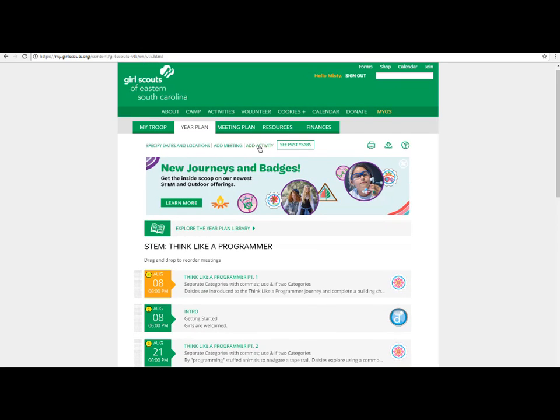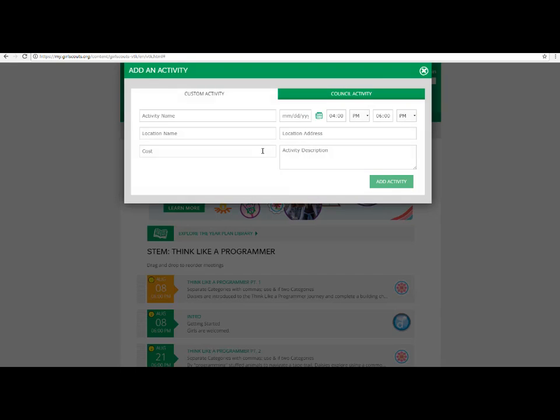You can also add activities. And right now, our council does not have activities on the system, but you can use custom plans. So if you're looking at doing a field trip and you're going to go to an event or to a special place, you can type in the event name or activity name, where it's going to be held, if there's a cost, what the location is, day, time, and it's going to add that into your meeting location. So